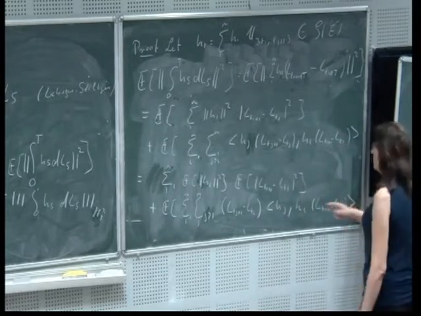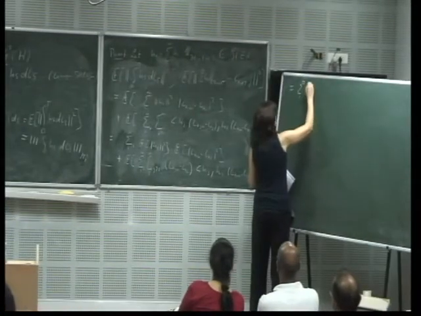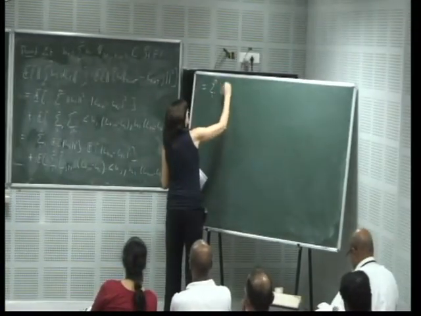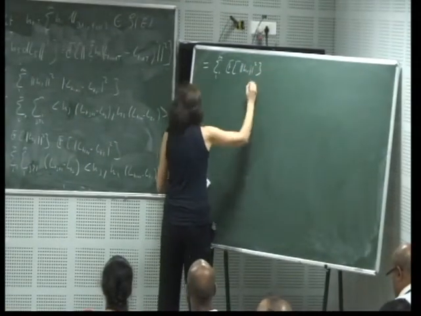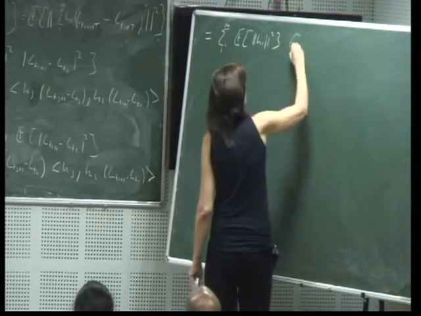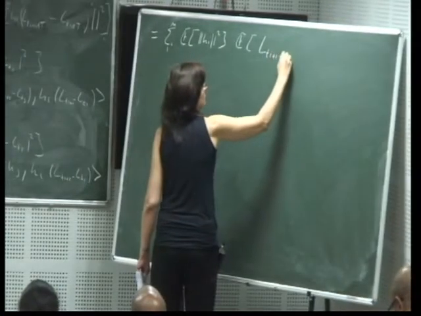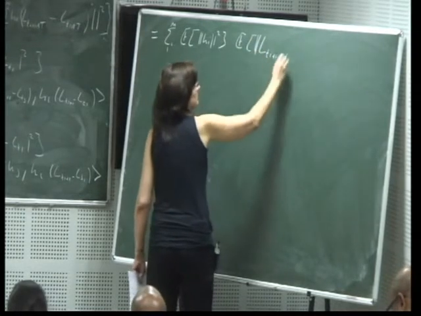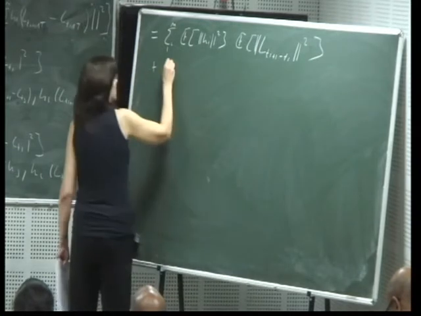The first term, I use the stationarity of the Levy process. As I use the stationarity, the first term will become simply the expectation of (L_{t_{e+1}} minus L_{t_e}) squared. And then the next term,